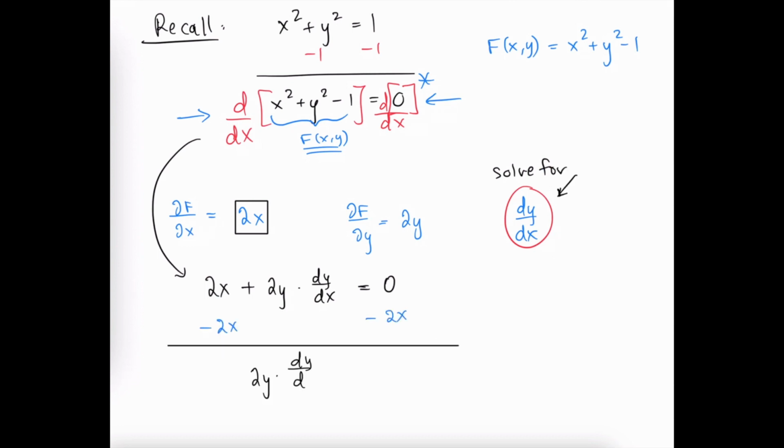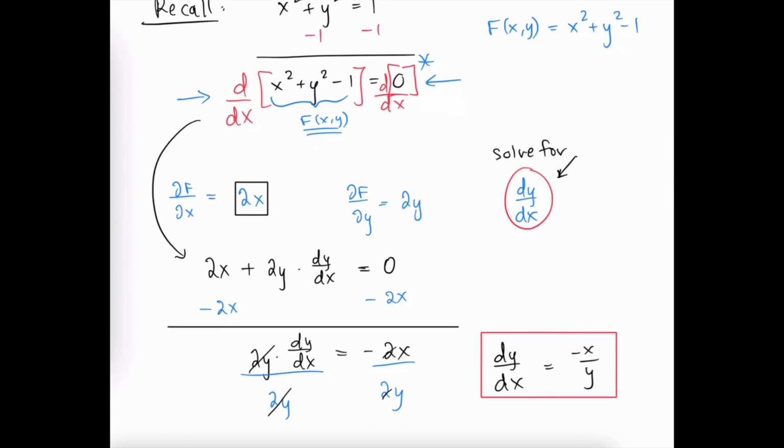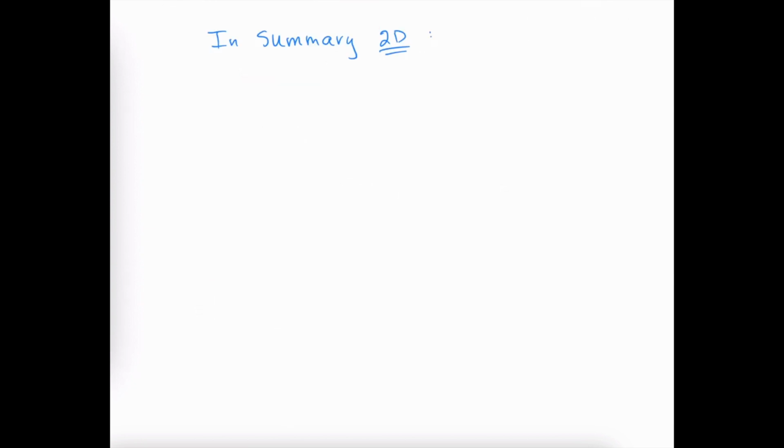We get 2y times dy/dx is equal to negative 2x. We divide both sides by 2y, and we get that dy/dx is equal to negative x over y. And this is the same thing that we would have achieved if we had calculated this using the implicit differentiation method from Calc 1. So to summarize what we did to find a derivative for a two-dimensional plane curve where